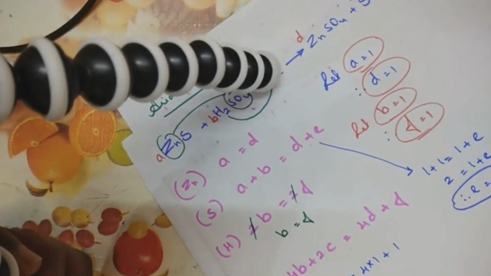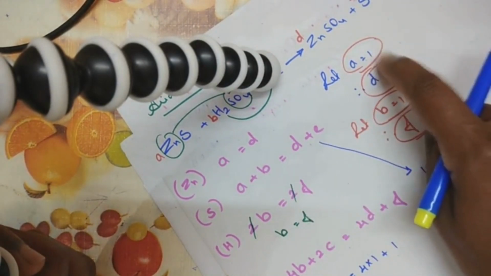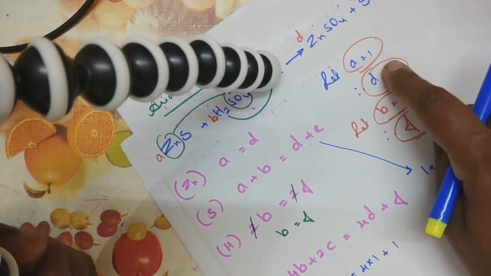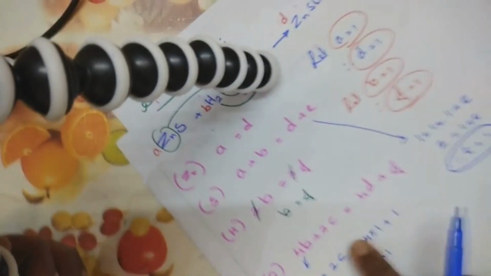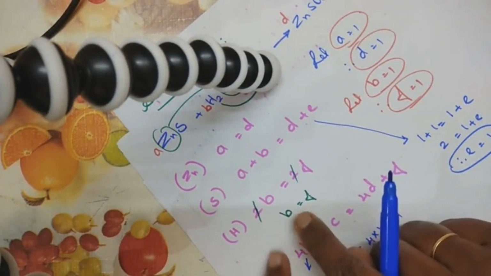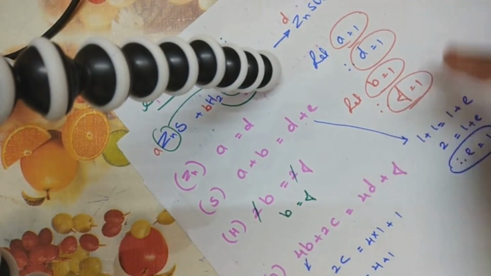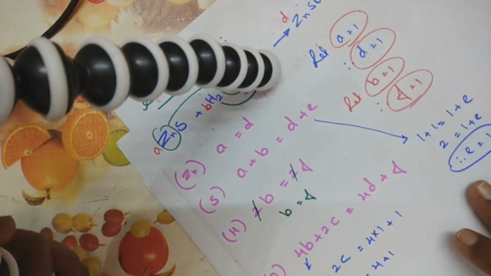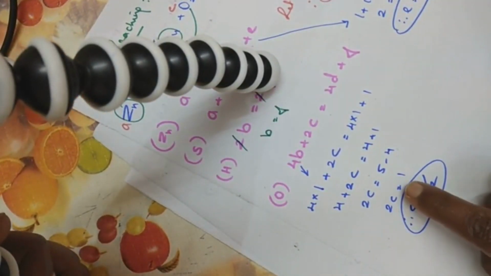We have found the value of A and the value of D. I can't make use of substituting these two values in any other equation to find any other variable, so I just take this equation: let B is equal to 1, therefore F is equal to 1. So now I've got 4 values. Making use of this, I'm finding the value of E and the value of C.